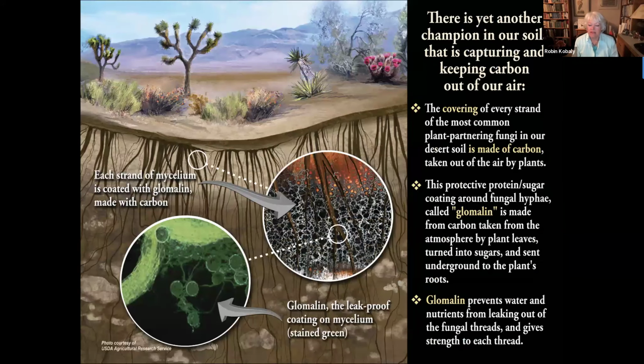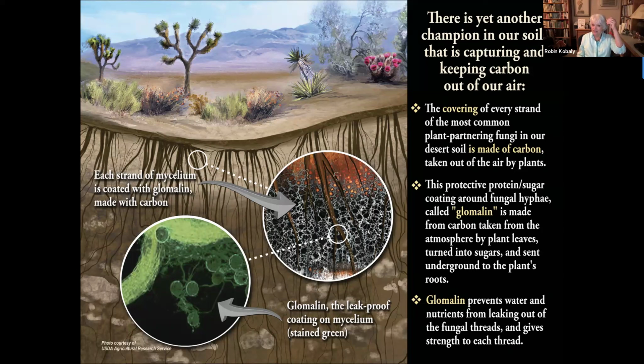So there's another pretty cool thing going on underground with mycorrhizal fungi, and it is the covering around each mycorrhizal thread of our most common plant partnering fungi, which is the endomycorrhizal fungi. The covering around every single one of those threads, which can be miles and miles and miles on every square foot of soil. The covering of each one of those is made out of carbon that was taken out of